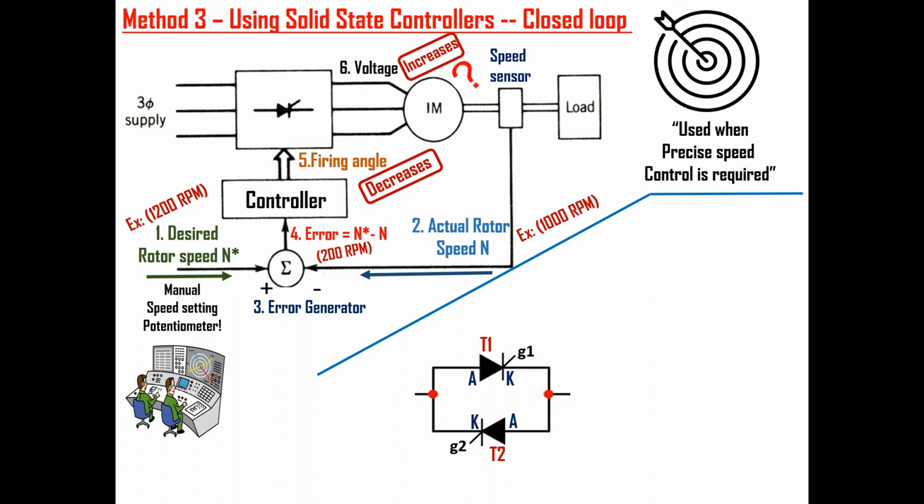Here consider single anti-parallel thyristors T1 and T2. Thyristors will be turned on when two conditions are satisfied. Condition 1 is to forward bias the thyristor, and condition 2 is to give the gate pulse to the gate terminals G1 and G2 of the thyristor. Forward bias occurs when anode potential A is greater than cathode potential K. The time at which the gate pulse is given to the thyristor is called the firing angle alpha.